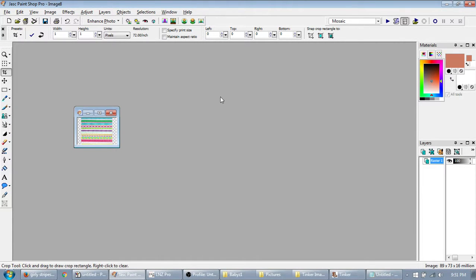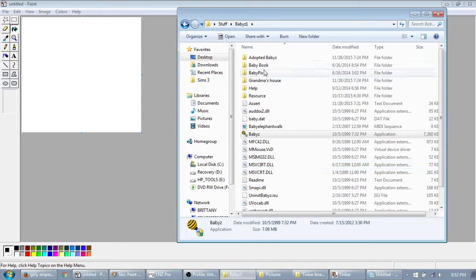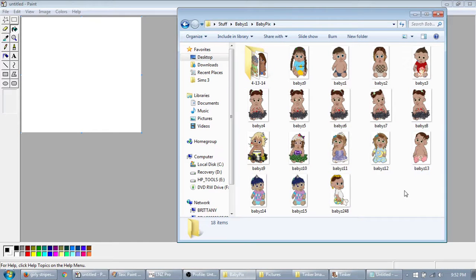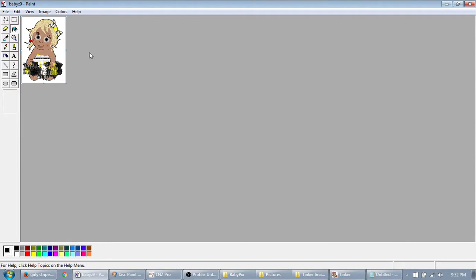But you have to make sure it's in 256 colors, because otherwise it won't show up. So the way I usually do that is I open up Paint, which I have a really old version of, but I like it better, so I always keep that around. And I go into the Baby Pics folder, and I just drag one in there, because these are automatically, if they're BMPs, some people save them as PNGs, but I always save them as BMPs. But if you do this, and you just drag it in, then this is already going to be in 256